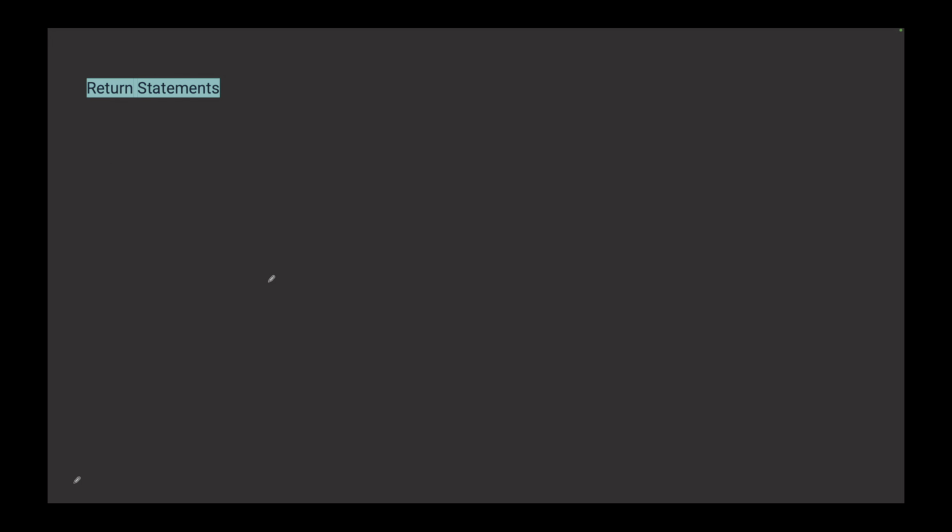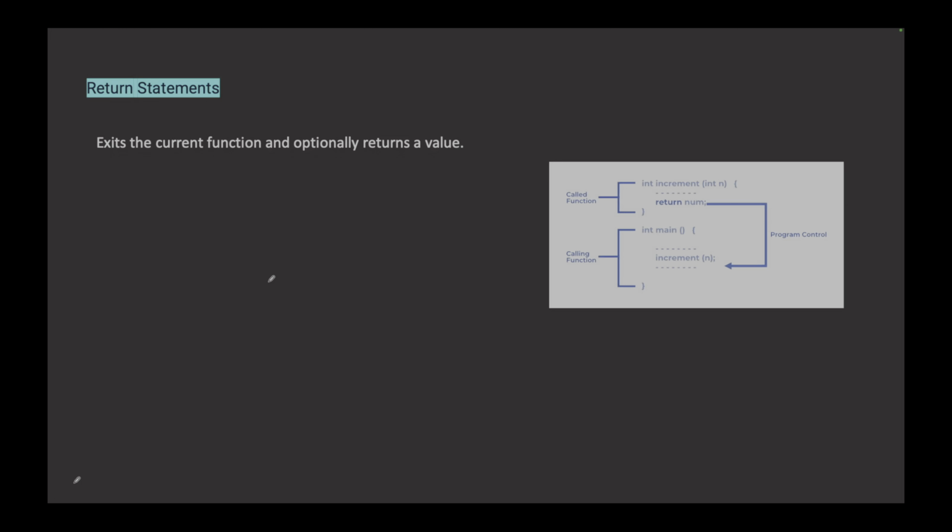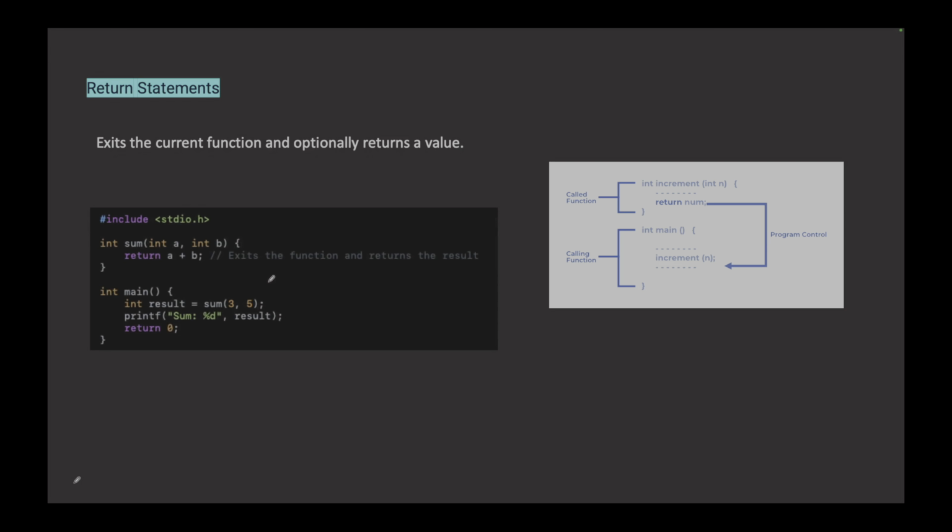Now the final, return statement. Exit the current function and optionally return a value. Now this will be used while we are using a function. Until now we have not studied about function, but it is way too easy. Here you can see the sum. This is a function. For now, let's not learn about a function, but what we want to be sure of is that